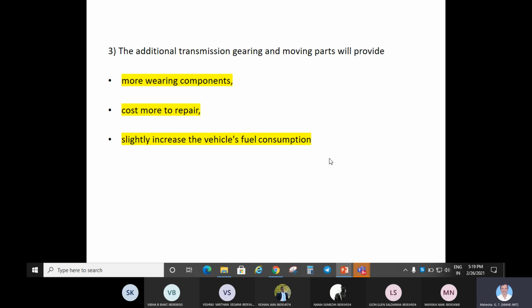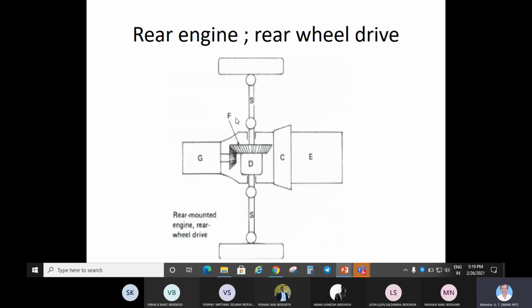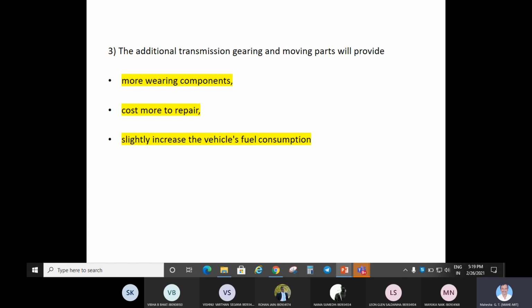Maybe in mining areas, heavy equipment such as earth moving equipment, tippers, loaders and all that, normally they will go for it, because the terrain on which the vehicle needs to be pulled is very rough, and may not be a smooth paved one. In such cases, or in forest area operations and mining area operations, these things will not matter much. These are the drives that are preferred there.